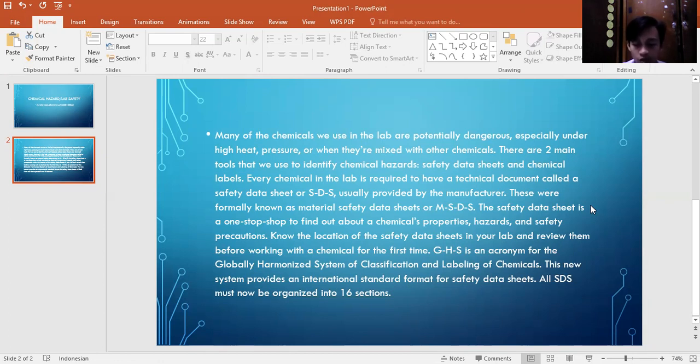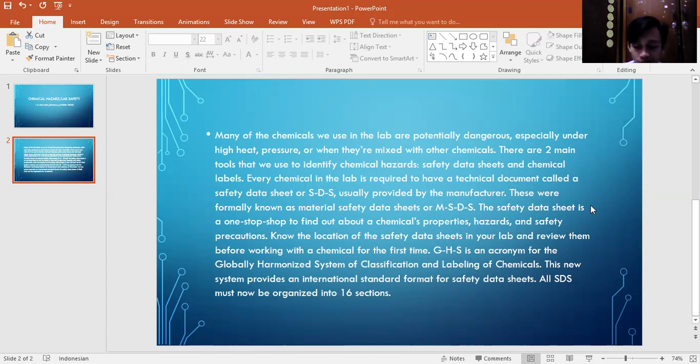GHS is an acronym for the Globally Harmonized System of Classification and Labeling of Chemicals. This new system provides an international standard format for safety datasheets. All SDSs must now be organized into 16 sections. Section 1 is identification. Here, you will find the chemical's name, description, and the manufacturer's